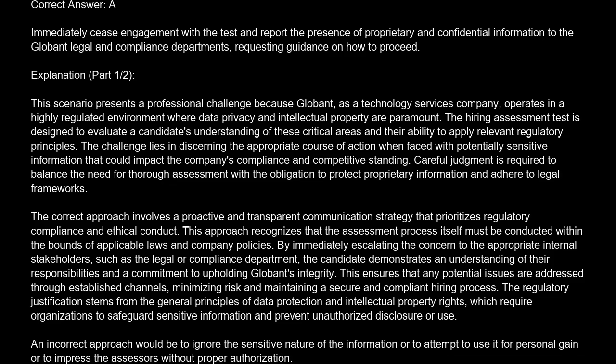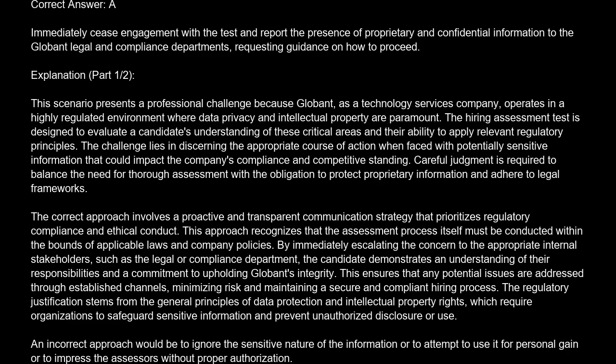The correct answer is A. Immediately cease engagement with the test and report the presence of proprietary and confidential information to the Globant legal and compliance departments, requesting guidance on how to proceed. Explanation. This scenario presents a professional challenge because Globant, as a technology services company, operates in a highly regulated environment